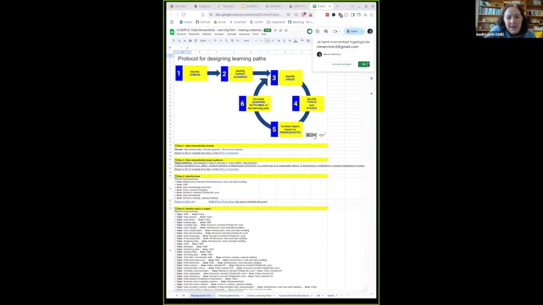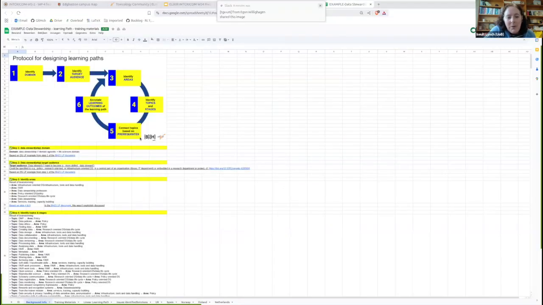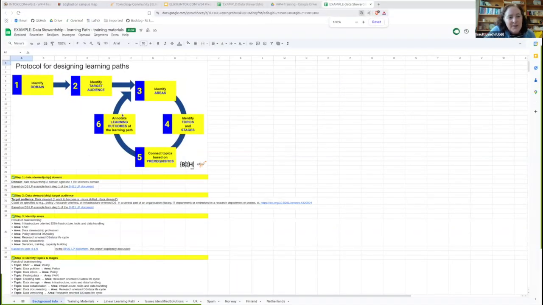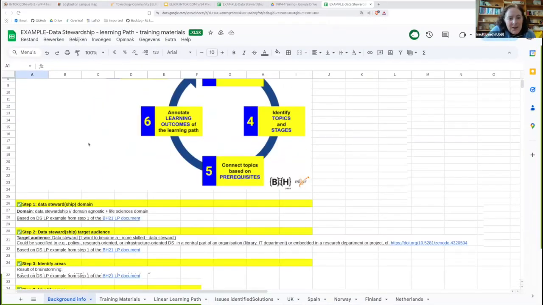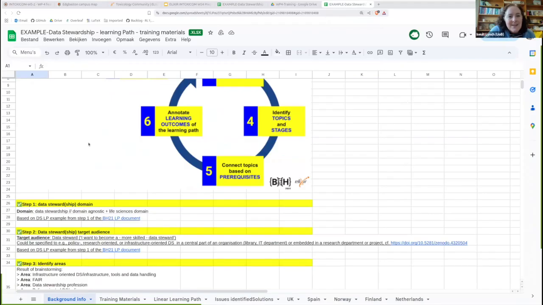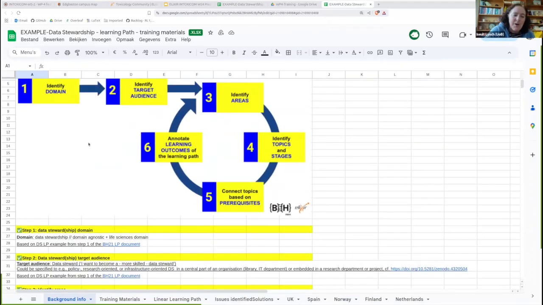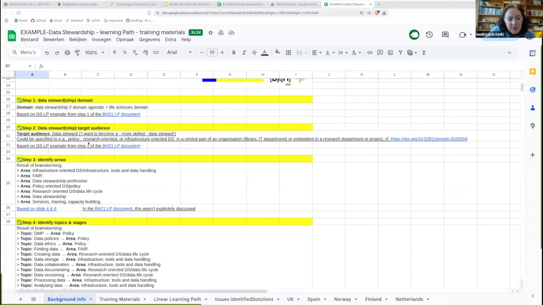Perfect. So yeah, I think a worked example is always useful to see what it looks like. So the goal isn't that we will have all of this done before the workshop. The goal is that we would do it at the workshop.